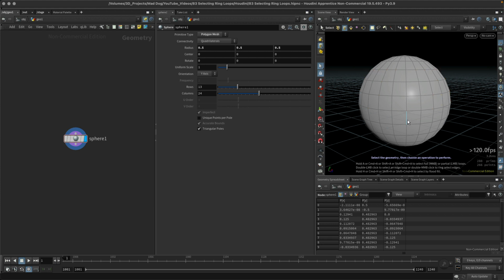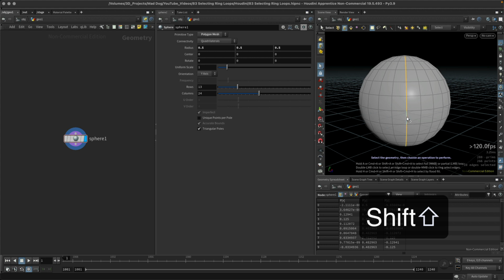Alright, that's cool. Let me see if I can also do the two of them. I'm going to go to my middle mouse and yeah, okay, so I can do that too. I just thought I'd test that now. So yeah, I can also, of course, hold my shift and I can double click to select multiple,